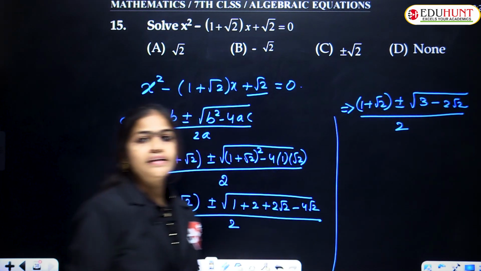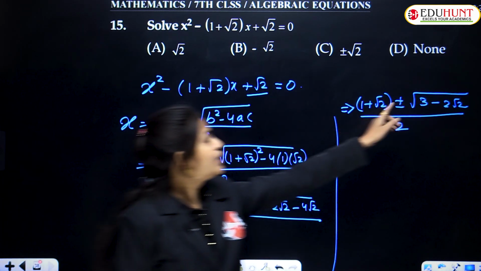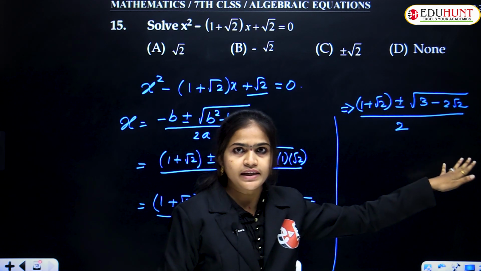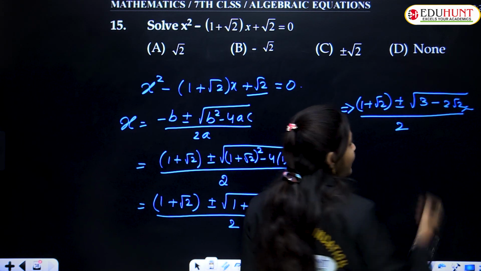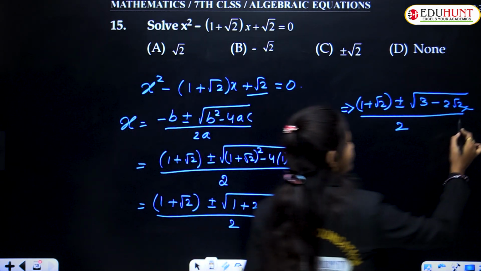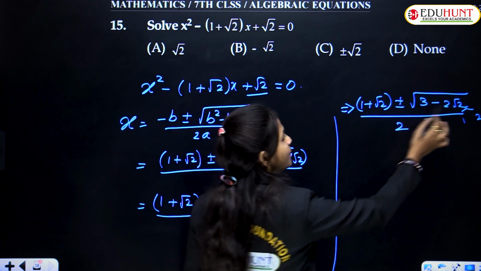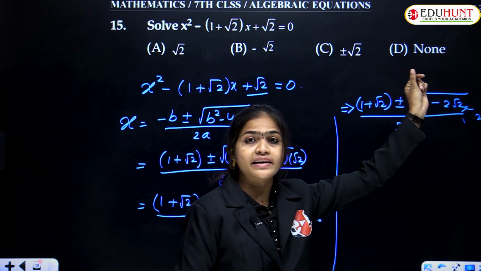So, children, in the third concept we will discuss the square root of 3 minus 2 root 2. At that time I will explain this very briefly. So, directly I will tell you the answer here. Here 2 we can write as factors. So, factors of 2 are 1 and 2. So, in this case, how do we find the square root of 3 minus 2 root 2, or any such numbers, complex numbers? How to write that square root?